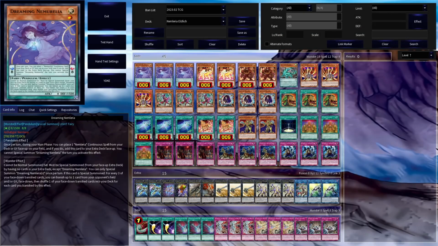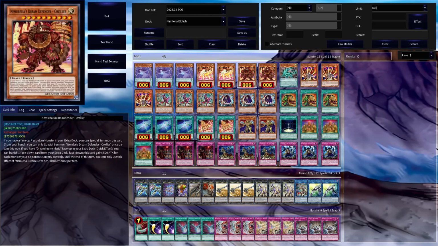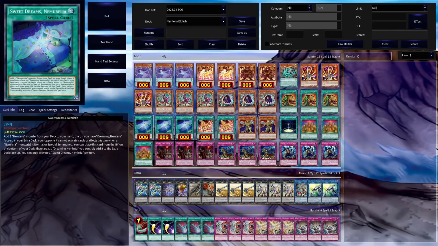Now for a quick run through of the deck list. For the Nemleria ratios, I'm running triple Dreaming Nemleria as you want to see her in basically every hand. I'm running 2 of each defender as they're easily searchable and completely dead without access to Dreaming. Triple Sweet Dreams cranks up consistency, allowing for much faster Dreaming access, and its ability to make your Nemleria summons